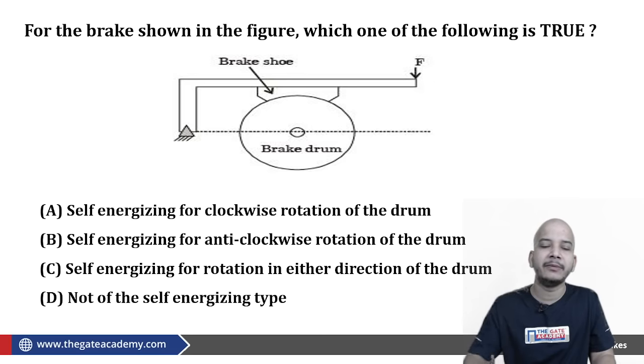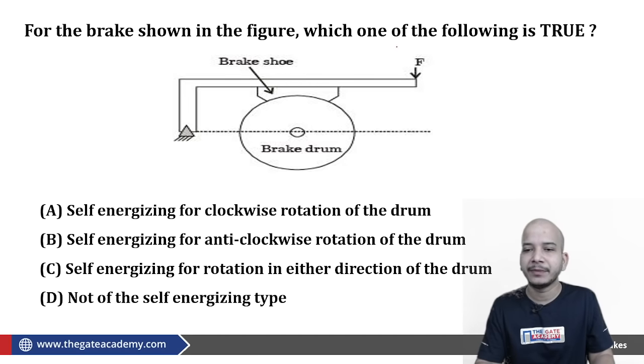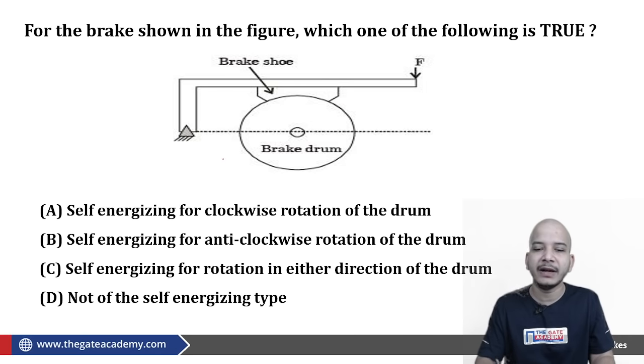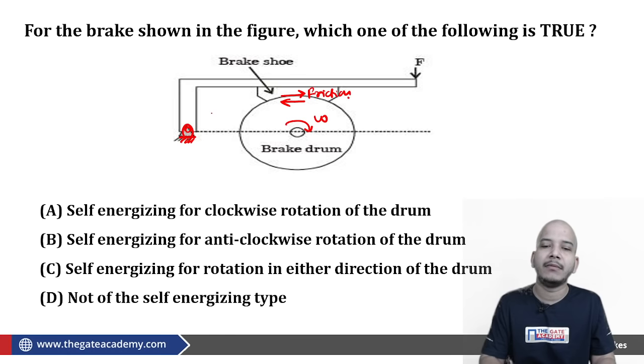So let's see the problem first. For the brake shown in the figure, which one of the following is true? Self-energizing for the clockwise rotation of the drum. Let's say the rotation of the drum is clockwise. The direction of friction on the drum will be towards the left. The direction of friction on the block will be towards the right. We are just concerned about the direction of friction on the block itself, because we have to watch whether the moment because of the friction and F